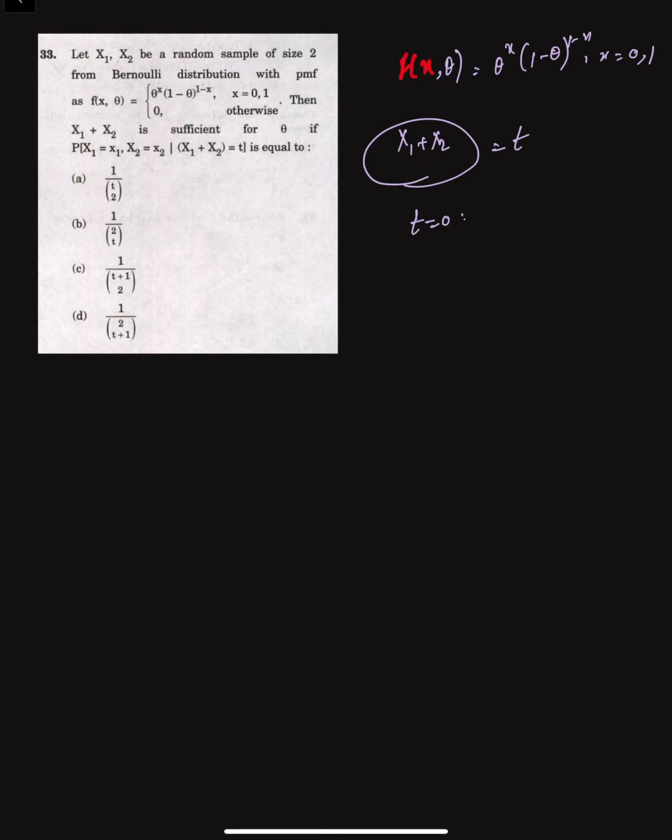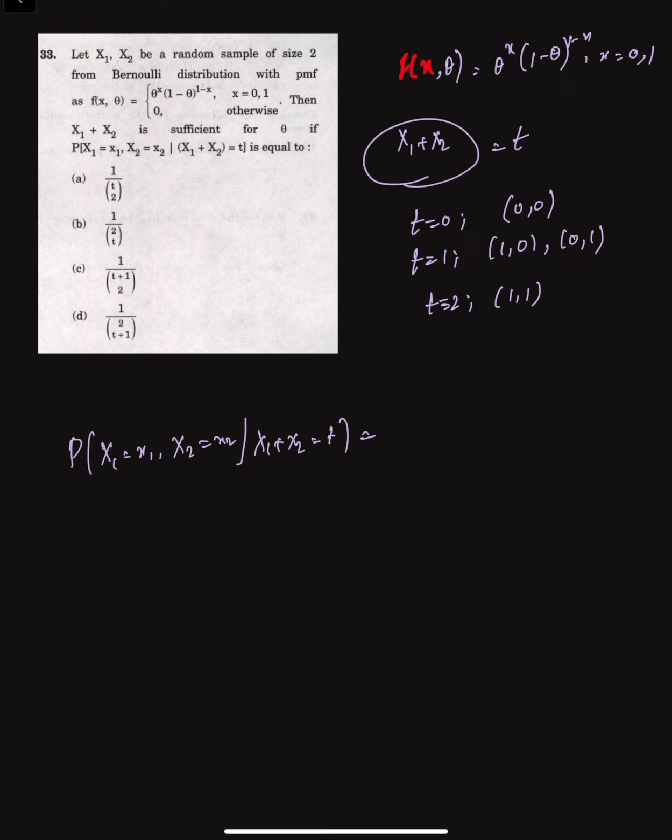like if t is equal to 0, then x1, x2 must be 0 and 0. If t is equal to 1, x1, x2 must be 1 comma 0 or 0 comma 1. And if t is equal to 2, it should just be 1 comma 1, because X1 can take only 0 and 1, and X2 can also take only 0 and 1. So that means the probability of X1 equals x1, X2 equals x2, given X1 plus X2